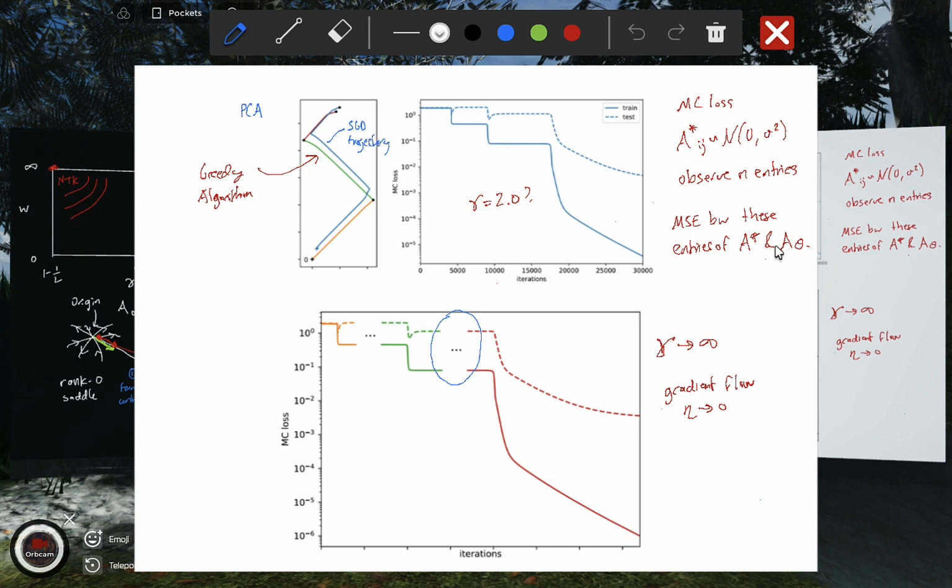And they show that these algorithms look similar. And so this leads to this claim, or this interpretation, that SGD is learning according to this greedy kind of algorithm. Right? It's only learning one component of the signal at a time. That's cool.